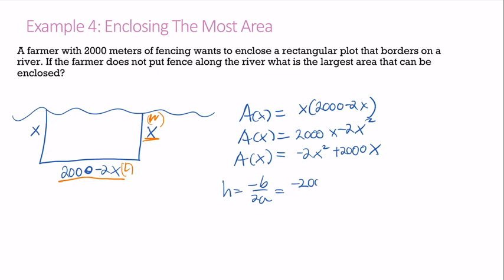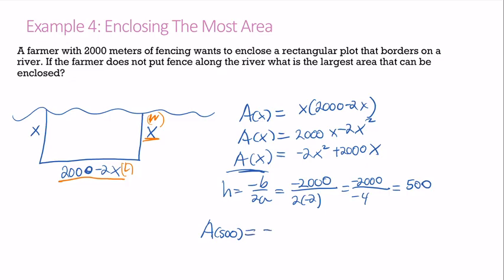So I have negative 2000 over 2 times negative 2. That's negative 2000 over negative 4. So my answer is going to be 500. And then I need to substitute that in. I'm going to have to find my maximum area, which would be our A of x. So I have A of 500